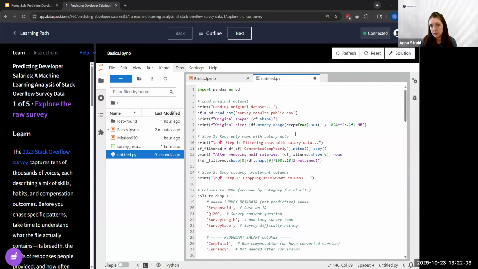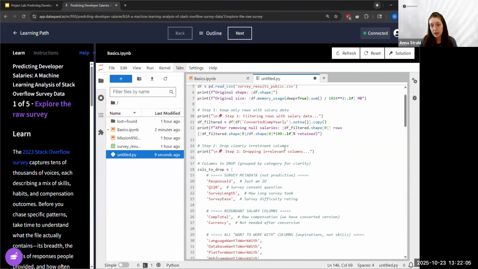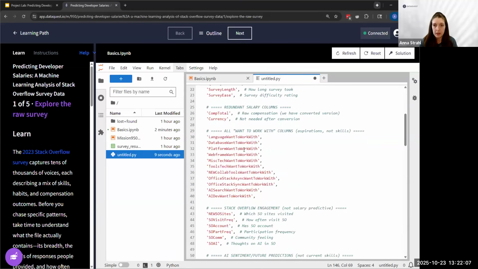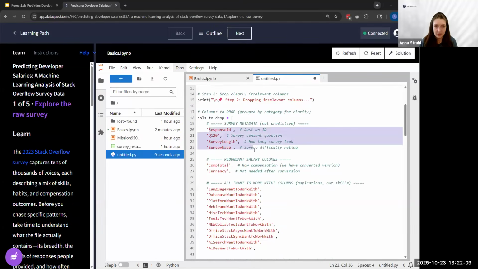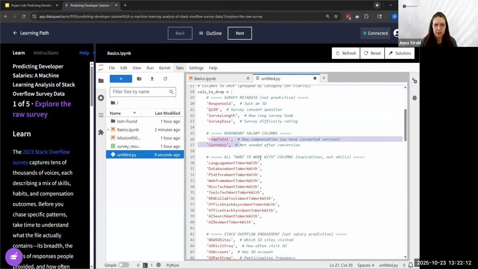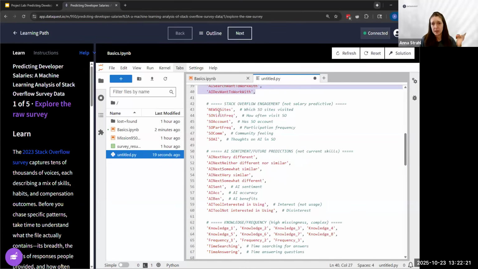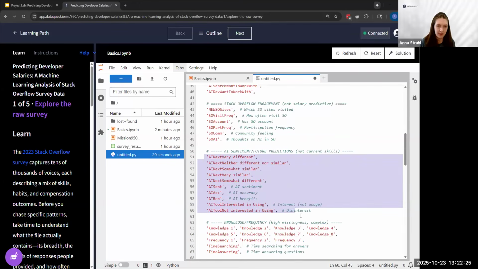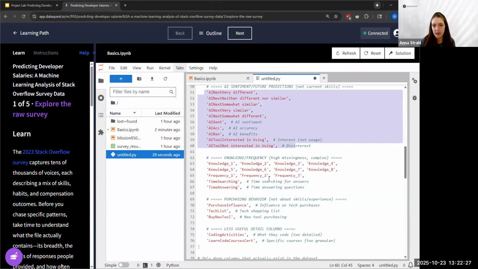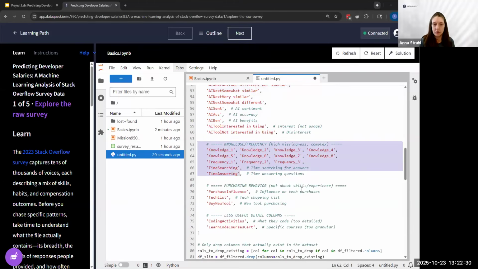Basically, the slim data set removes nulls from our target, as well as survey metadata, redundant compensation columns, aspirational tools that aren't actually indicative of what someone is already working with, things about Stack Overflow, how people feel about AI rather than what they're actually doing with AI, and then some oddball questions here. So hopefully that answers it, Timothy. Awesome.